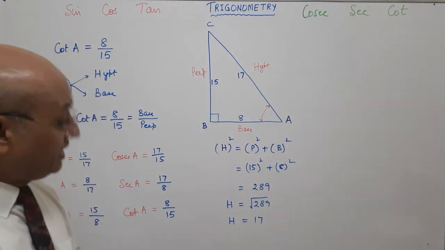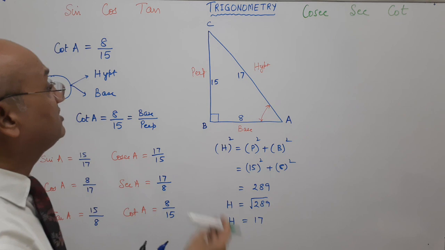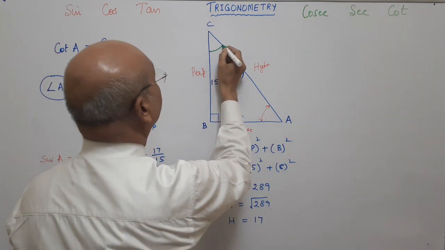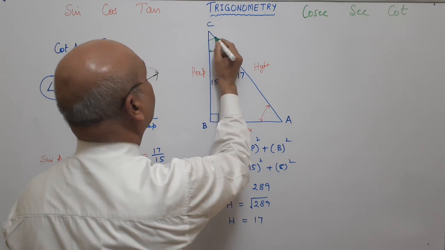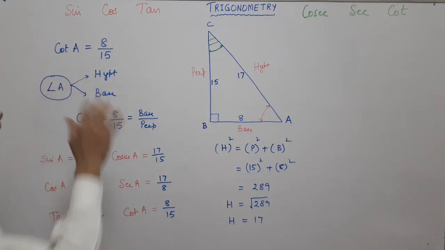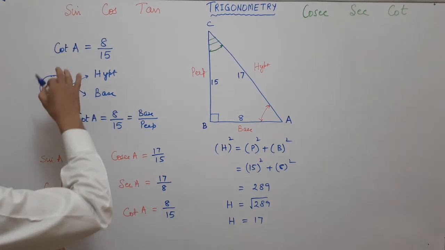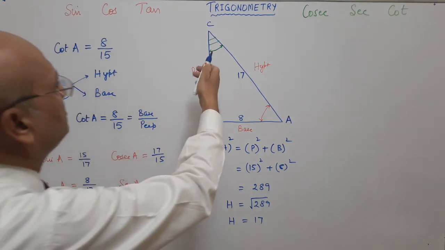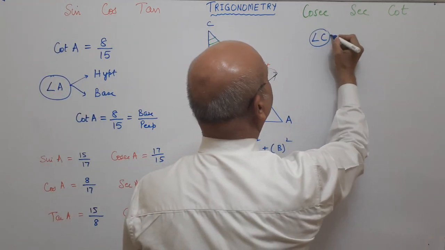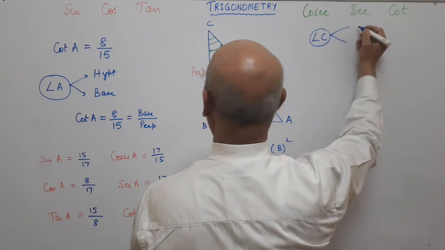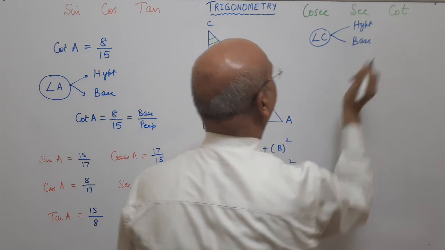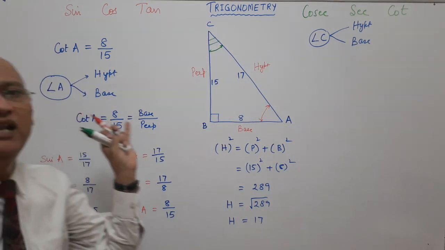Okay. Now this another part. If we associate all these trigonometric ratios with angle C, which is also an acute angle, now same procedure we have to follow. Now see here, we were considering angle A. So now we are considering angle C. So angle C, it will be made up of hypotenuse and same criteria what we took for angle A.